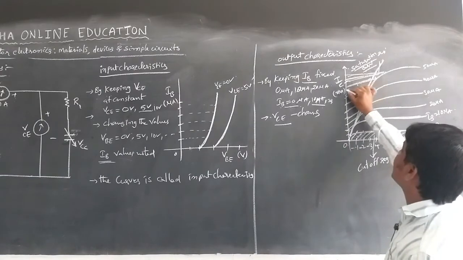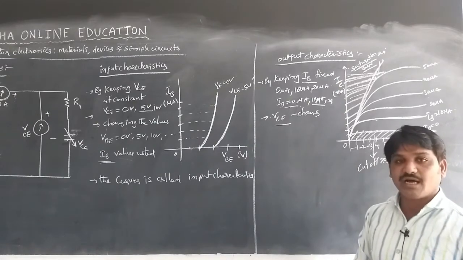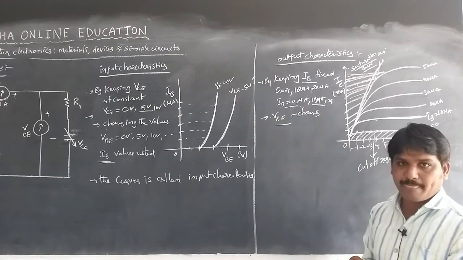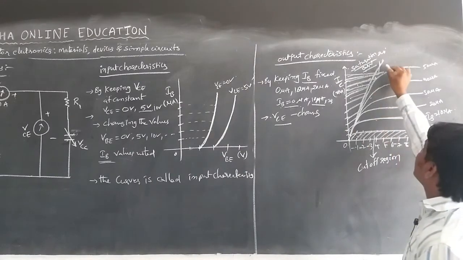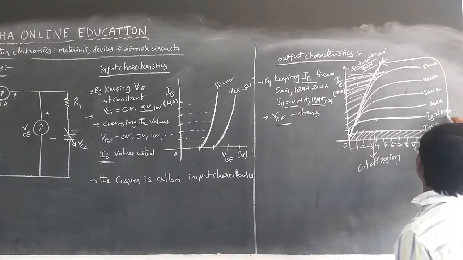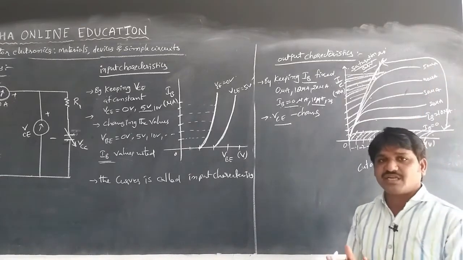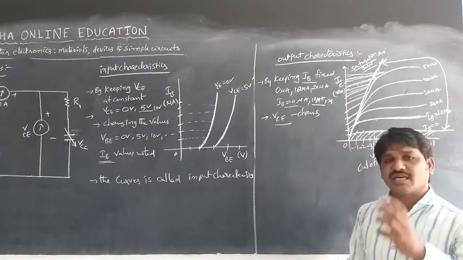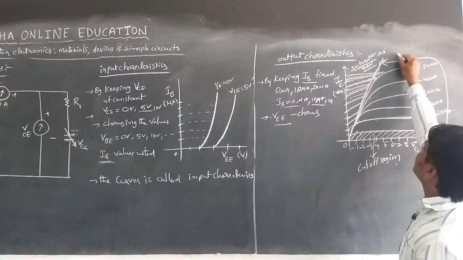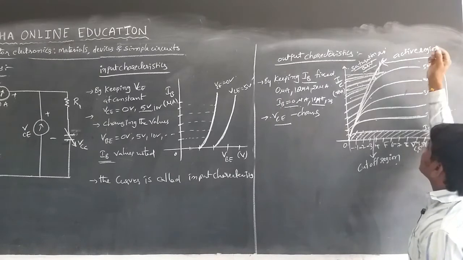So the collector current is independent of the base current when the two circuits are forwardly biased. And the remaining region, the total region, depends on the base current. Whenever the base current is a fixed value, by changing the output potential, the collector current flows through the circuit. Then that total region is called the active region.